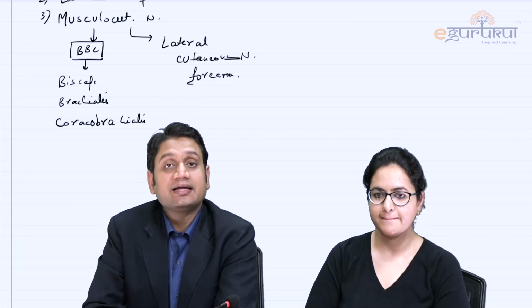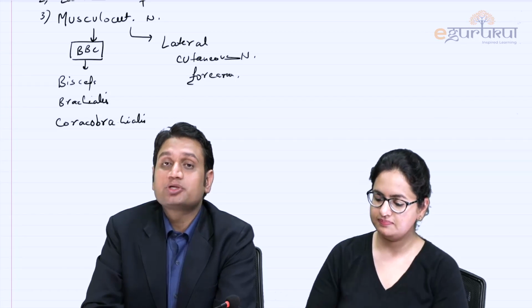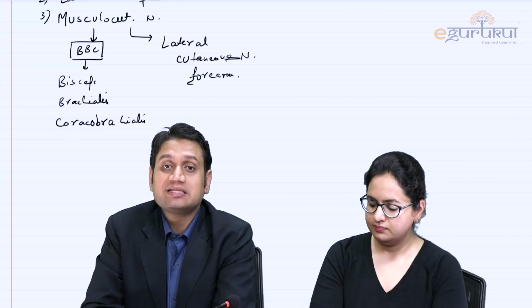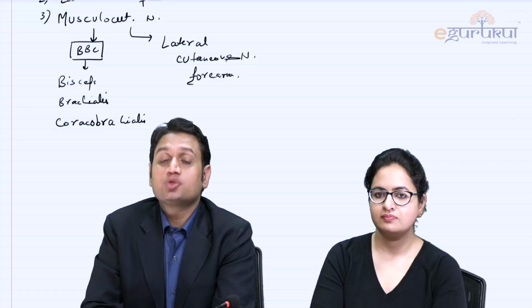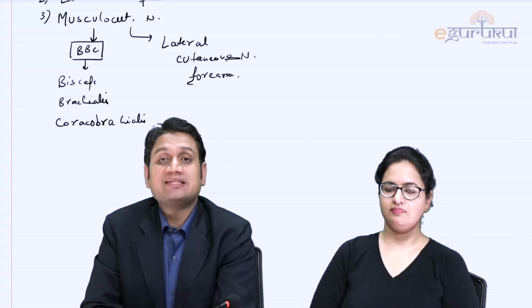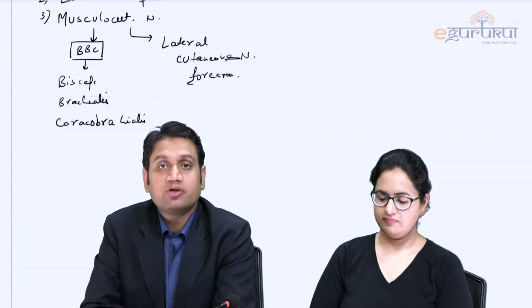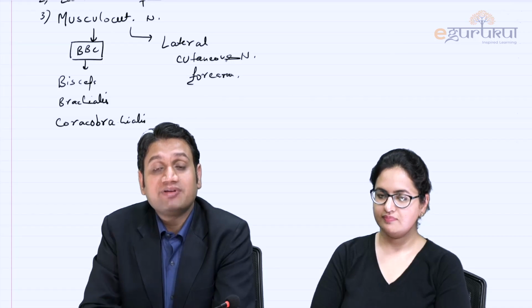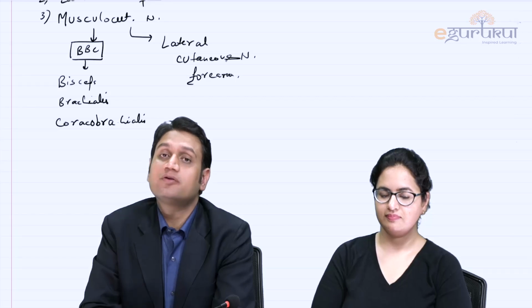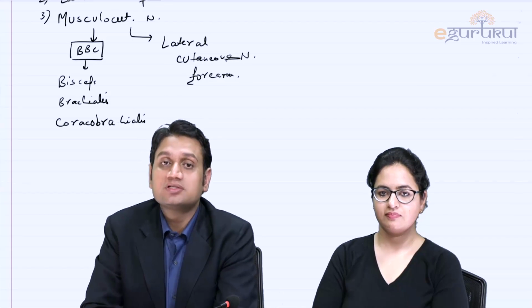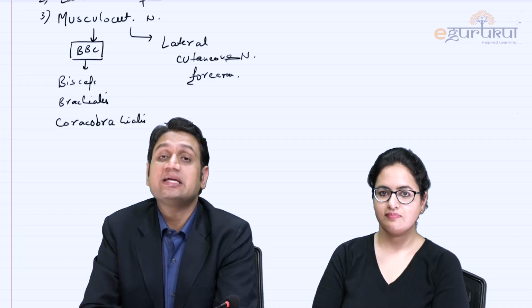And now see the clinically relevant things. If somehow the musculocutaneous nerve is damaged, what all is affected? The biceps, brachialis and coracobrachialis. So what action will be lost if the musculocutaneous nerve is injured? Biceps and brachialis are responsible for what? Flexion of the elbow. And coracobrachialis is responsible for what? Flexion and, secondarily, adduction of the shoulder, right? So these 2 actions of these 3 muscles will be lost if the musculocutaneous nerve is injured.